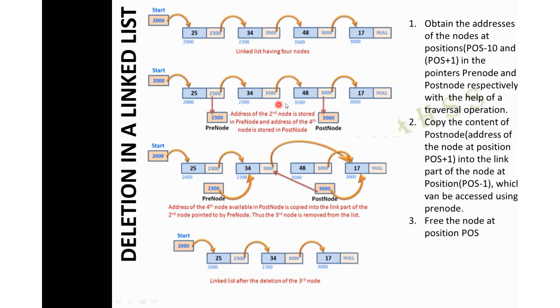What is this node 2? This is node 2. What is the post node value? It is 3000. The 3000 will be posted here. With that, this link is cut off, and this node comes and joins over here. Don't be much bothered about the pre node, as that is too much explanation. The simple way is 3000.